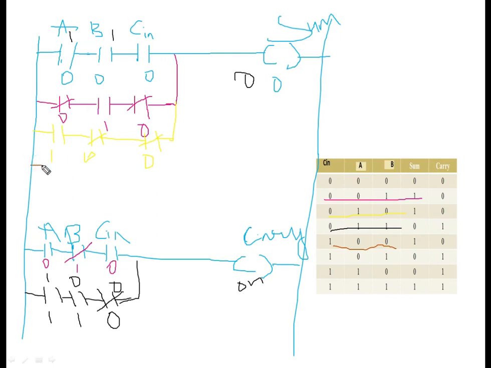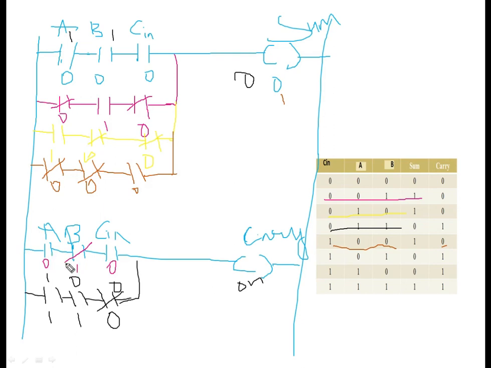Carry is 1 means you have to keep this in NC, A as NC, B is also NC and C is in NO condition. 1 means you are applying the force to get on; these two are not touching the circuit, you are giving C, so this NO becomes NC and your load is getting on.